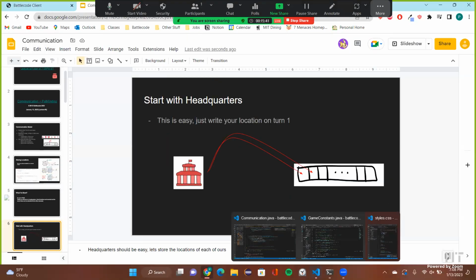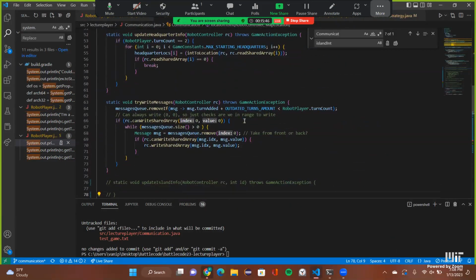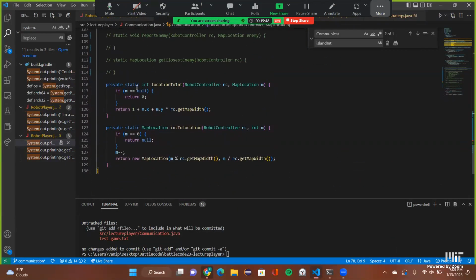Okay, so this is going to be a pretty long lecture. So I started by writing out some things for us. First we can see that we implemented this location to int that we talked about earlier, where basically,